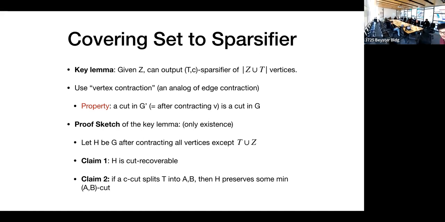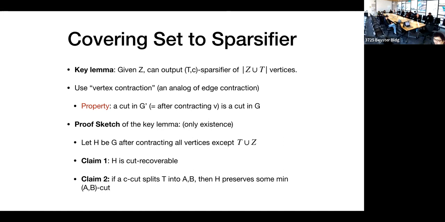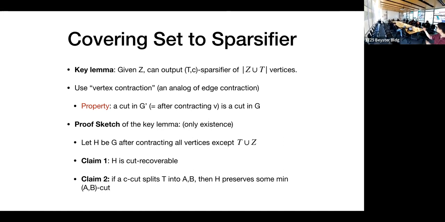to show two things. One is that the graph is cut recoverable. And if there's some cut that splits T, then that graph has to preserve some cut. The first property, that the graph is cut recoverable, is given by this property: whenever we do the contraction, we never introduce a new cut. The min cut can only increase. We can show this inductively. And then to see the second property,